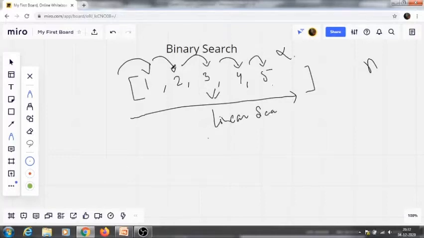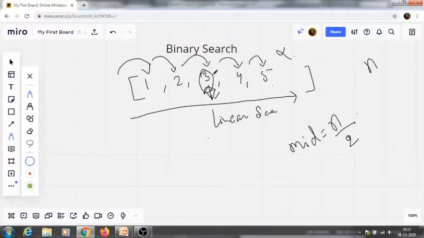In binary search, the most important thing is that our array should be sorted, in an order, so that we can do our steps. Now what are the steps? First, we divide the entire array into two parts. We reach the middle element. How? Because we know the size of the array, and mid is nothing but the size of the array divided by 2. Whatever the value is, that will be the index of mid. Suppose we reached here, so we will get 3.